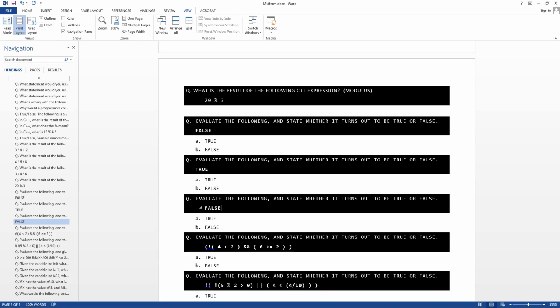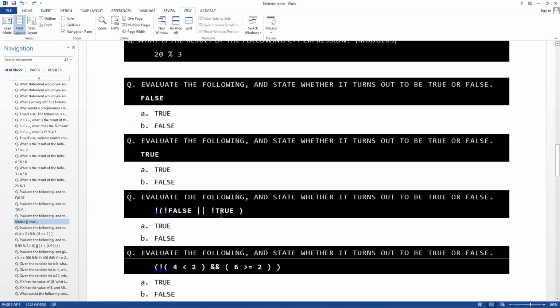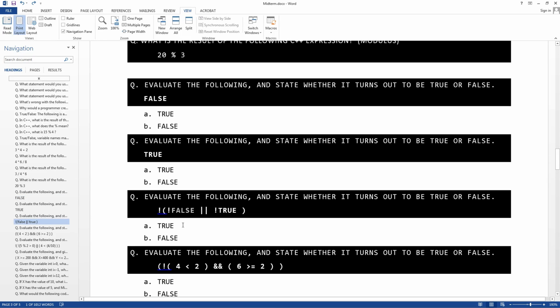Anyone have questions on this? I will go back and redo it. Does that make sense, what I just did here? With this problem where it says not false and not true, just work from the inside out and replace each piece. So not false is true. Not true is false. If you break down a problem and solve it piecemeal like this, it becomes much more manageable. It becomes almost trivial at that point.